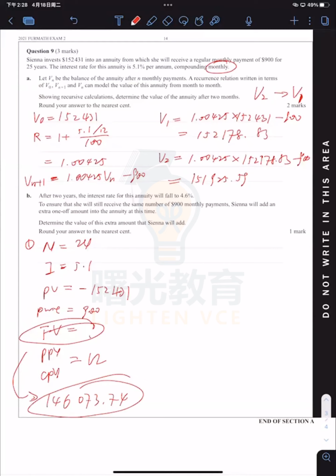So we need to find out what is the principal value for the following 23 years. So the number of repayments would be 23 times 12. That's the total number. New interest rate, 4.6. The principal value, we do not know, right? We're looking for it. The payment is still $900, and the future value